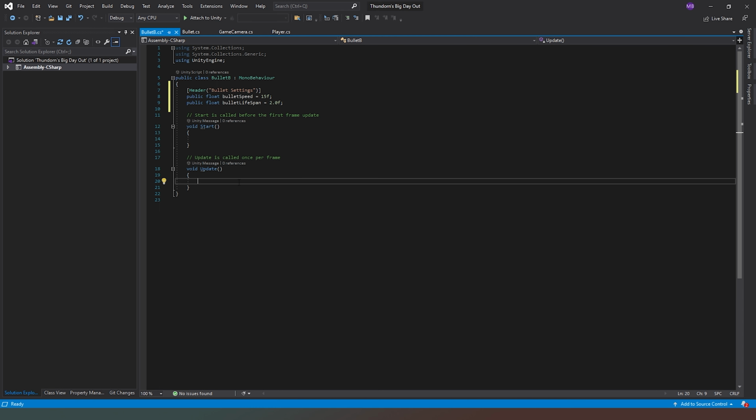So the first thing I'm going to do is set the transform.position plus equals transform.forward multiplied by our speed, which is going to be bullet speed, and then multiplied by Time.deltaTime, and there we go. So that's just going to update the position of our bullet by the speed, and then